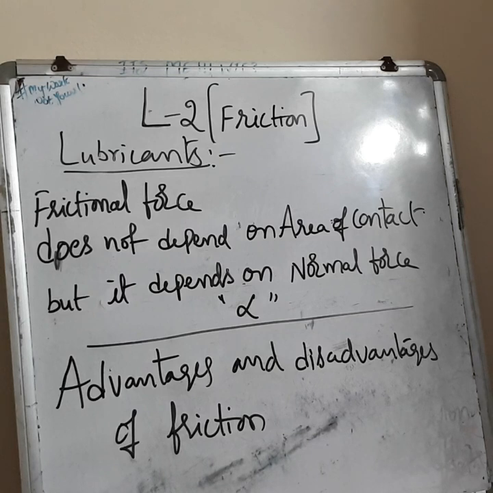Next, the nature of the fluid. If an object is moving in air and in liquid water, you observe that in air the object moves very fast, but in the liquid it moves slowly. Why? Because it depends on the nature of the fluid. One more factor is its speed with respect to the fluid. So these are the three factors that fluid friction depends on.